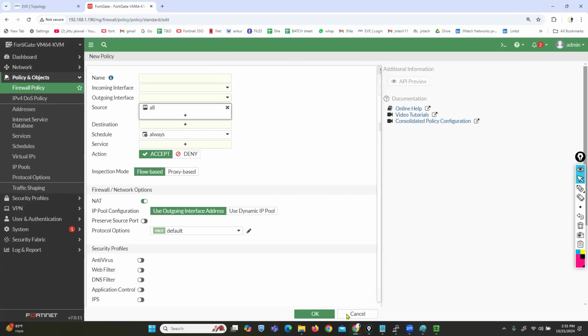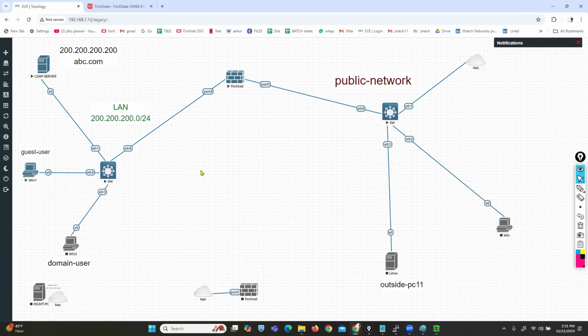Okay. So let's go to the configuration. Let's go to this topology. I'm trying to prepare this topology for domain user authentication and guest user authentication. So this machine will take time. Now let's start our discussion with guest users. So let's talk about